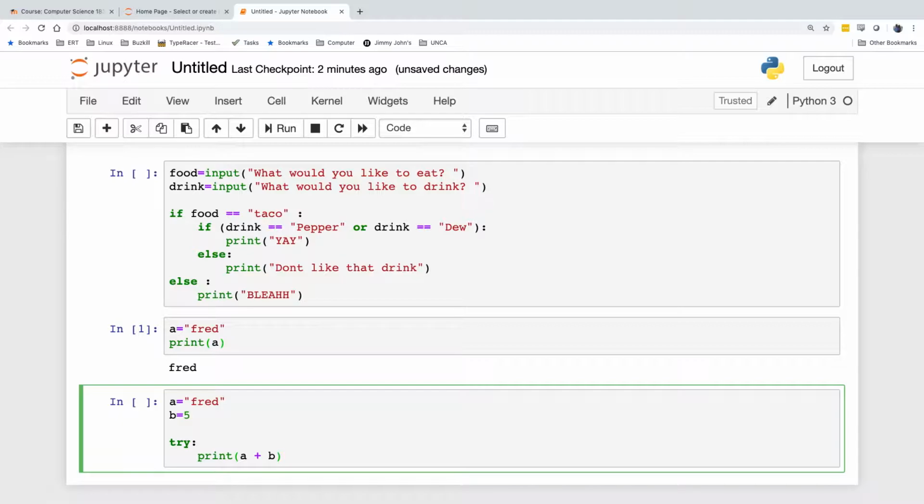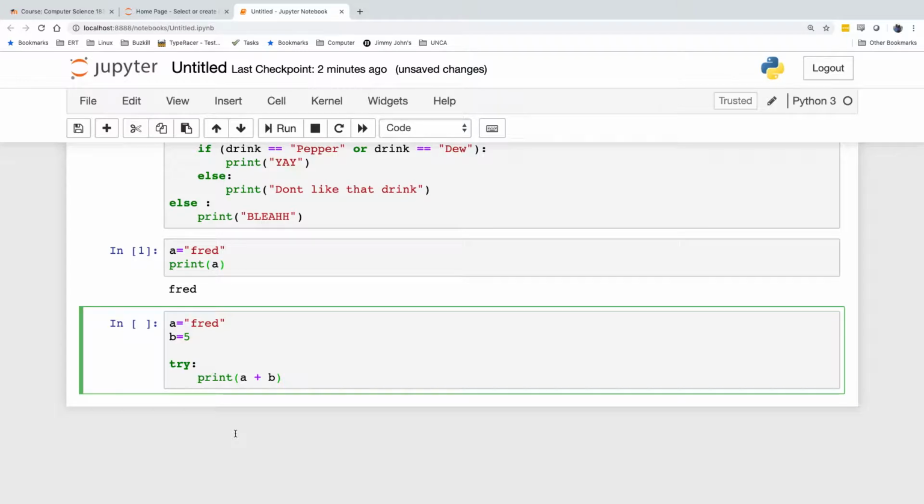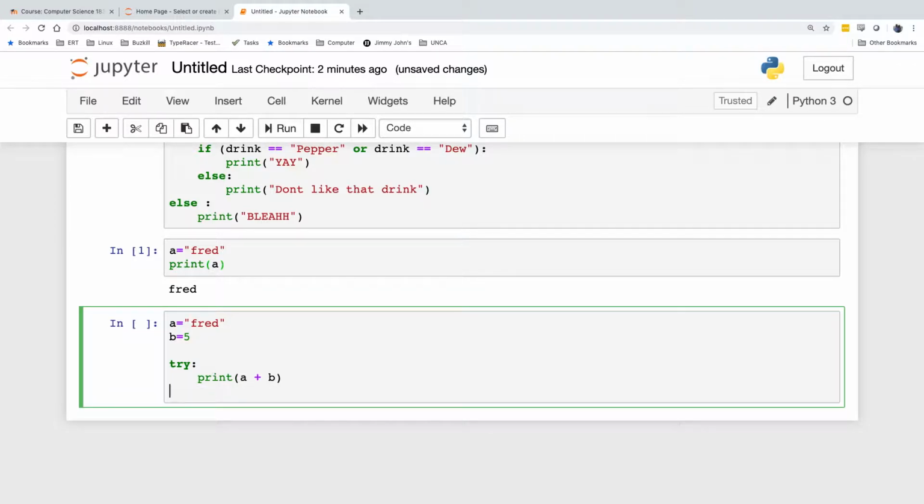No, we know that it's not going to work because 5 is a float. Other languages probably call that an integer, but Python is going to call it a float. So let's do